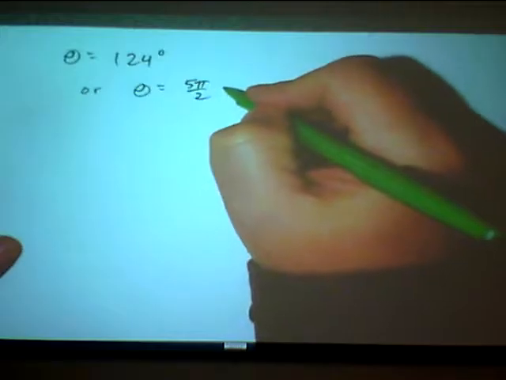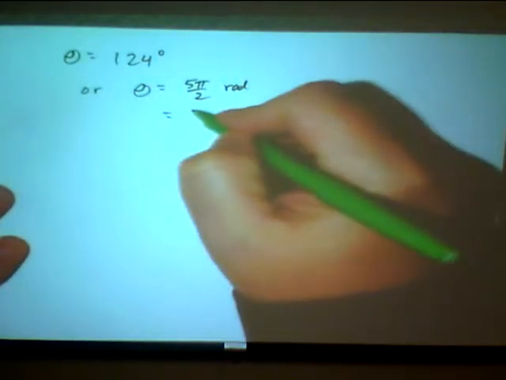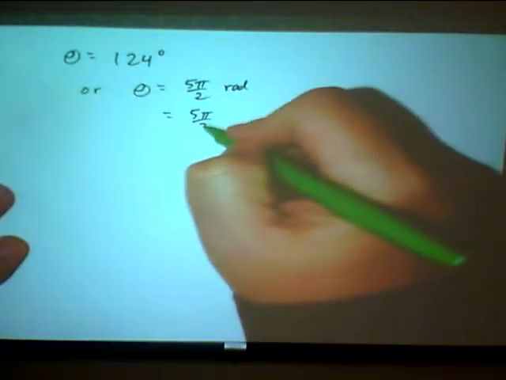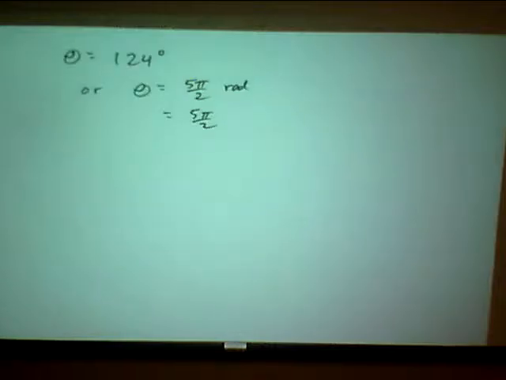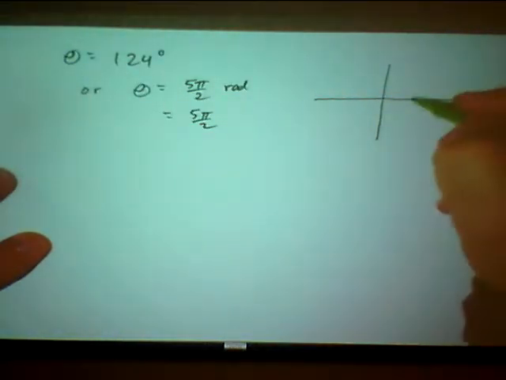Now I'm going to go ahead and write radians here, although normally and in your book you'll just see it written as 5 pi over 2. And if there's no units there, then you know that number is in radians. And just to review quickly, if you think about